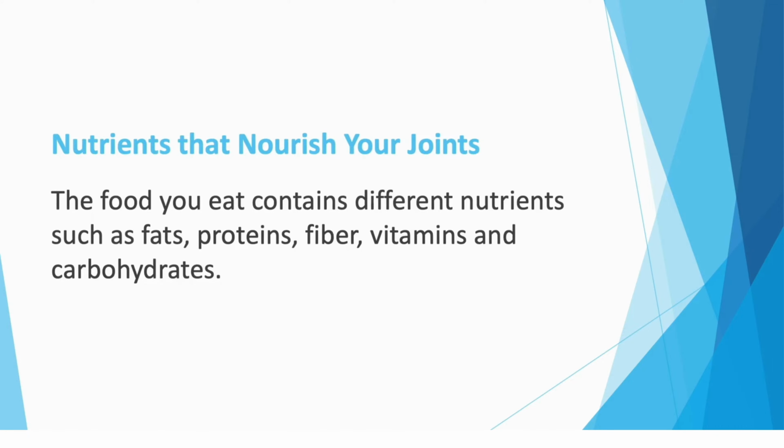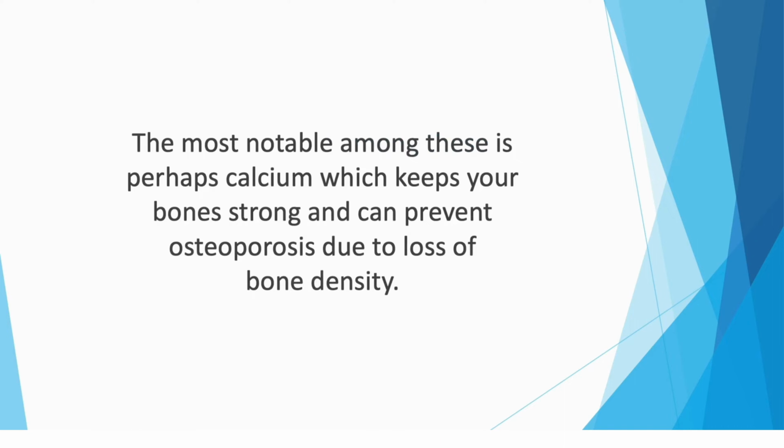The food you eat contains different nutrients such as fats, proteins, fiber, vitamins, and carbohydrates. The two most important nutrients for joint health are minerals and vitamins. The most notable among these is perhaps calcium, which keeps your bones strong and can prevent osteoporosis due to lack of bone density. But while many people give calcium the kudos it deserves for bone and joint health, they often